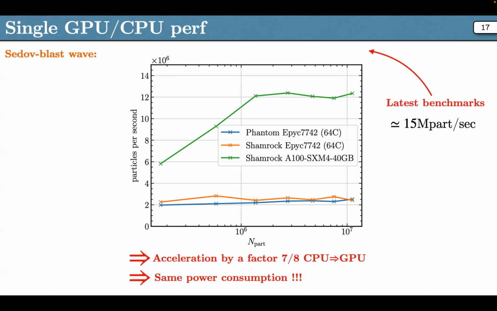So we run Phantom on this same blast wave and vary the resolution. You will see that whatever the resolution, you get about 2 million particles treated per second with Phantom. Now, if we take Shamrock, compile it on CPU also, and run it on the CPU, you will see that we get basically very similar performance, if not slightly better by a few percent, but whatever. Now, Shamrock can run on GPU. Here, on an A100 GPU, you see that you move up by quite a lot, actually, by a factor 6 in